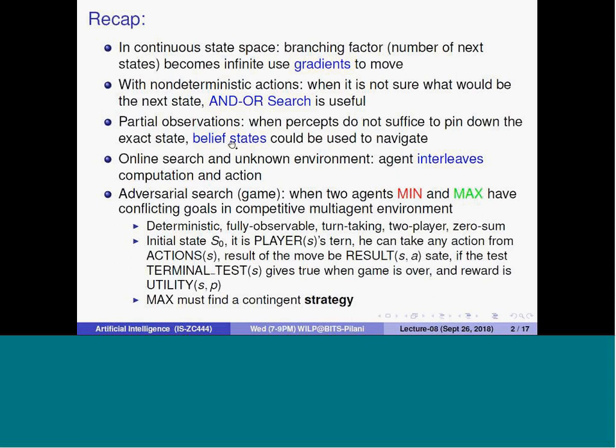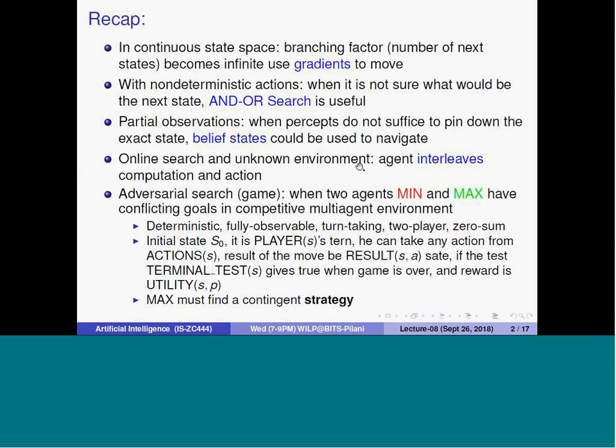My belief state is actually a superset of states, where various states would be there in one chunk. You can say either I am in this state or this state, and overall this is the scenario, and then taking this action would lead you to another belief state. Using this belief state transition, you may be able to reach the final goal state.